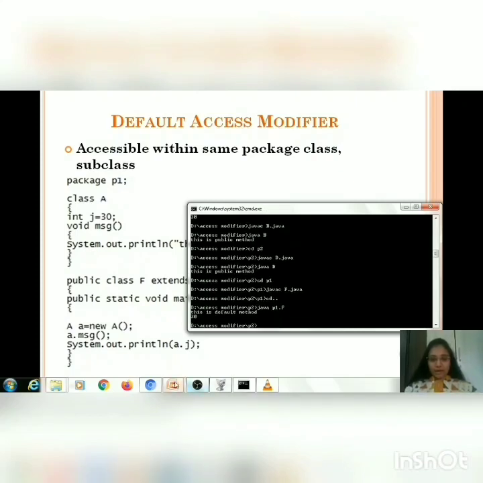See, the output is, this is default method and value of default variable j, which is 30.